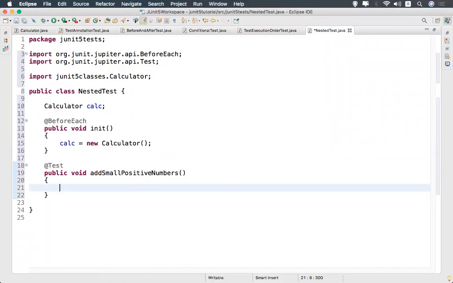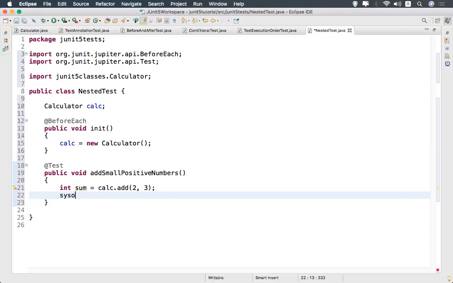Now I'll add only small positive numbers. int sum equals calc.add(2, 3), two small numbers, and System.out.println(sum).